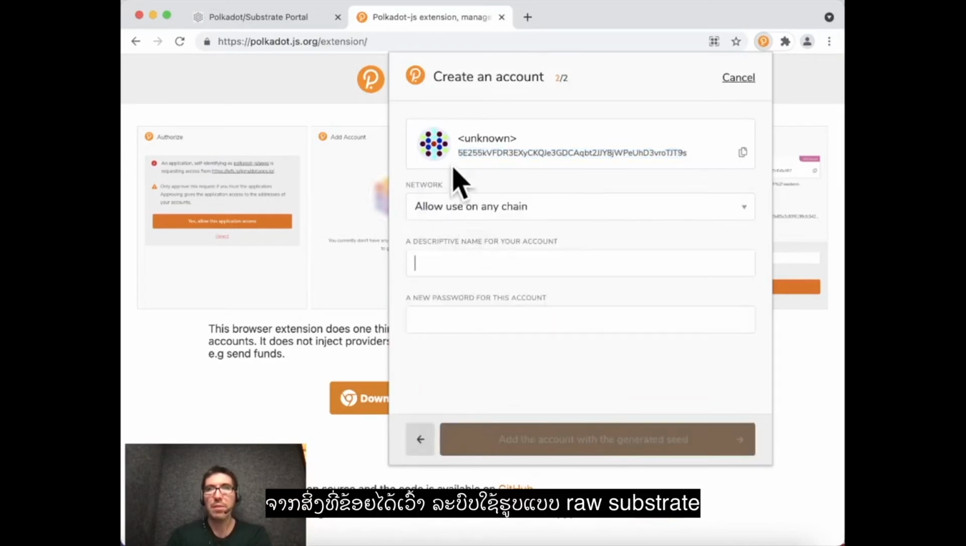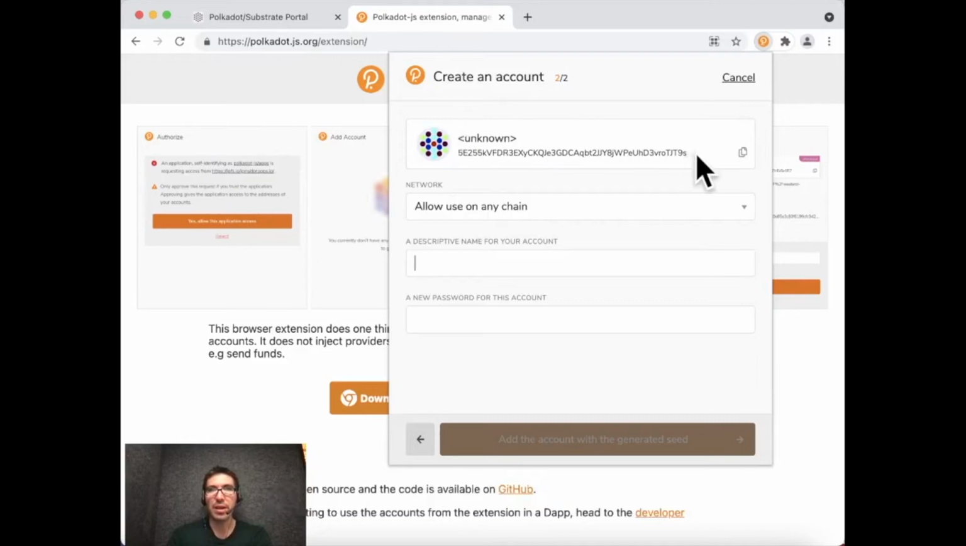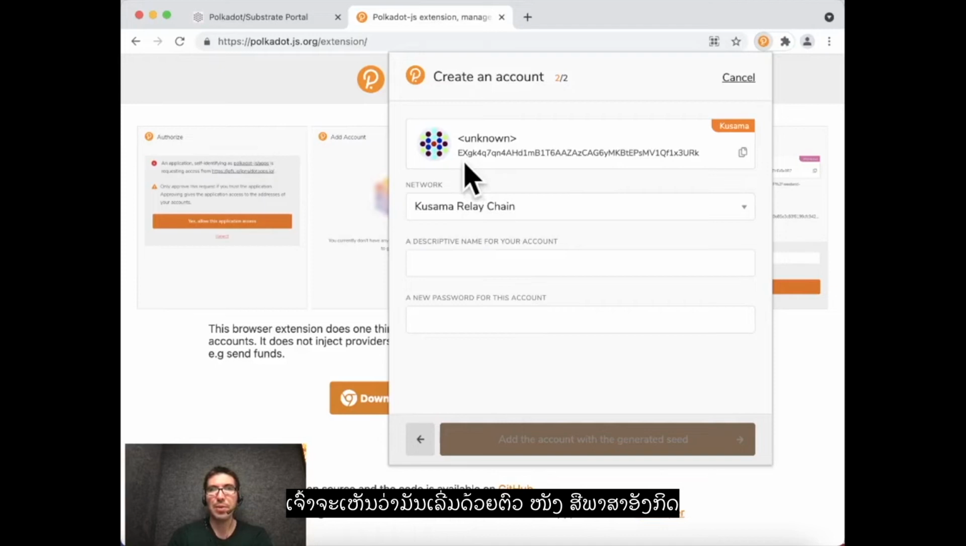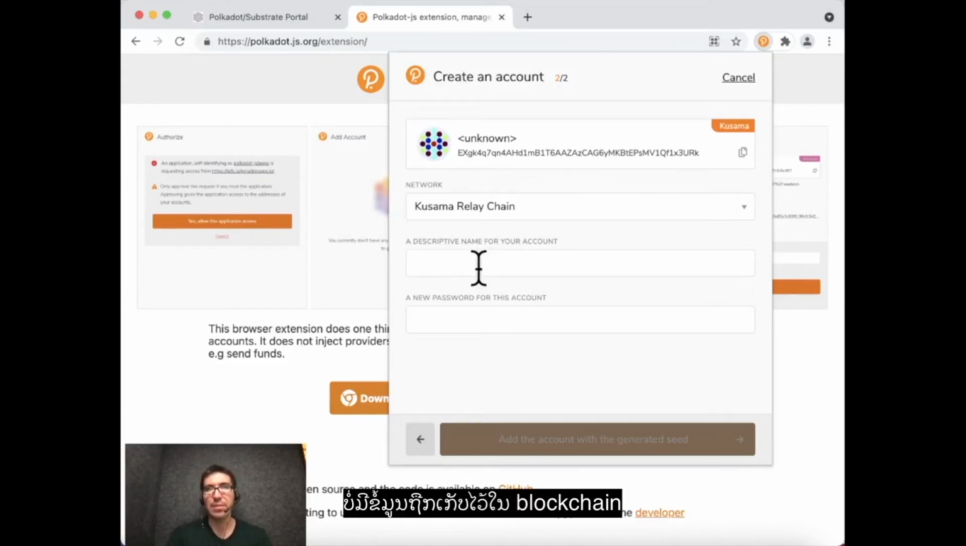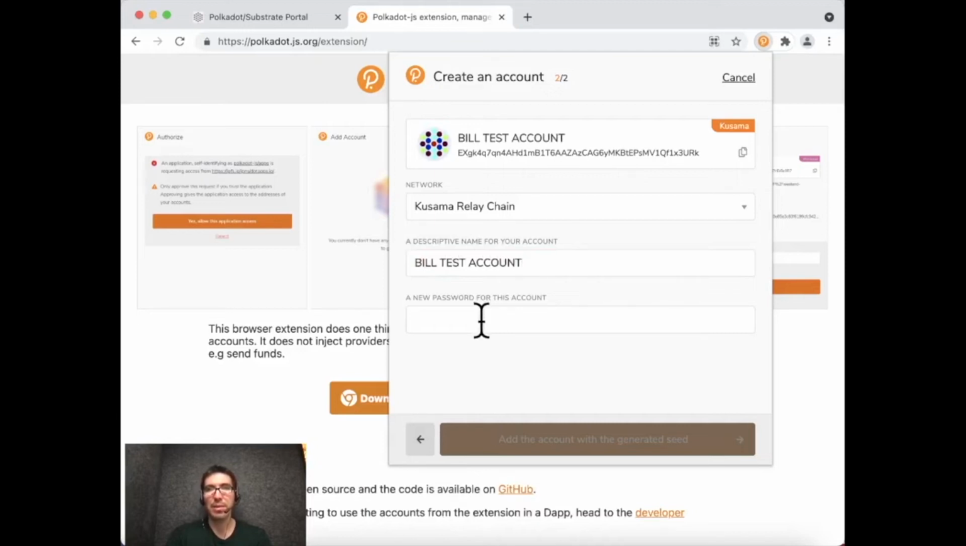So whereas before, remember I said we created an account that's using a raw substrate address here, we're now going to change this from allow use on any chain to Kusama relay chain. So you'll notice that this address has changed. It's now showing it's starting with a capital letter as Kusama addresses do. We can then give a descriptive name for the account. And this is just for your own sake and ease of keeping track. This doesn't do anything on chain. So I will call this Bill test account, and I will give it a password